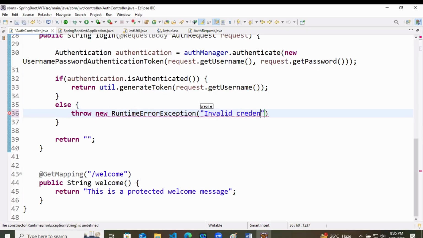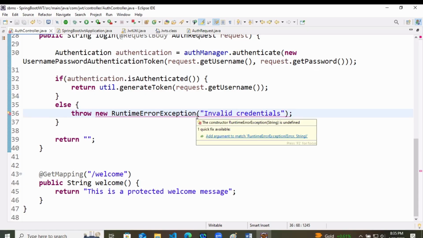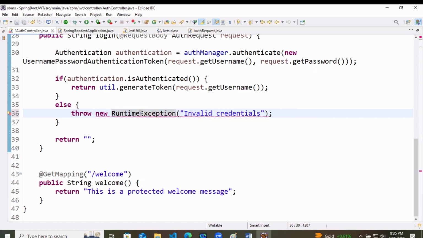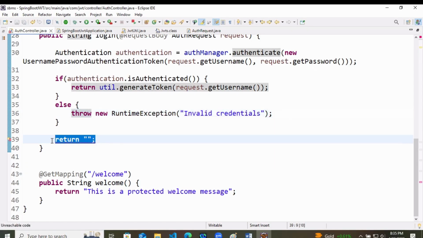invalid credentials. Here we are providing invalid credentials. So like this. Runtime exception, not error exception. So like this.